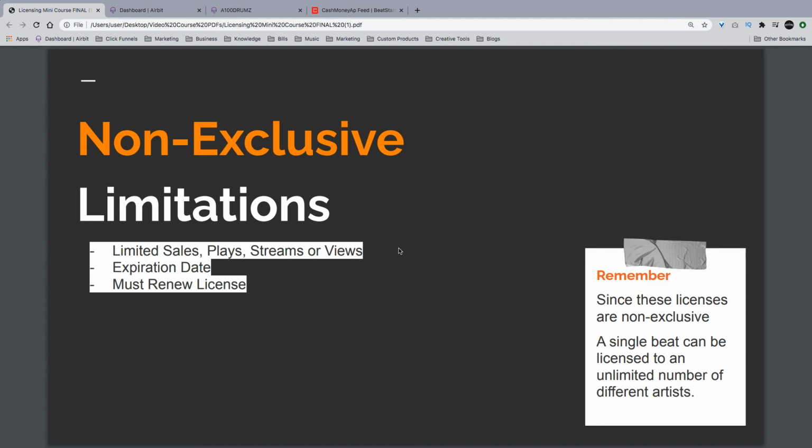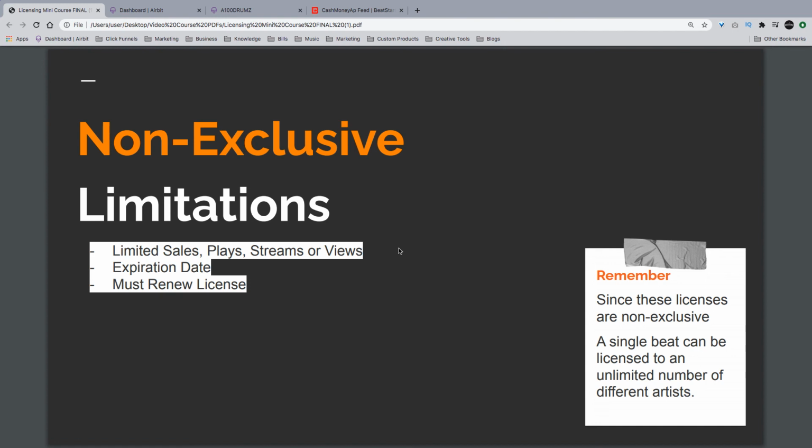The next thing is that most non-exclusive license agreements have an expiration date. What that means is, after a certain amount of time or a term, you're going to have to renew that license in order to keep that song out on those platforms.